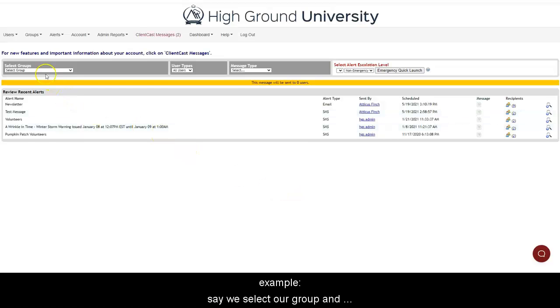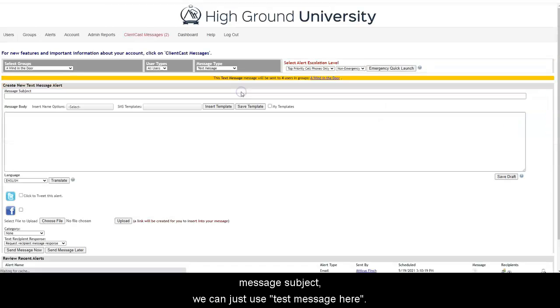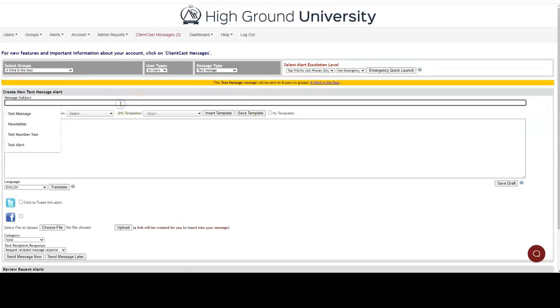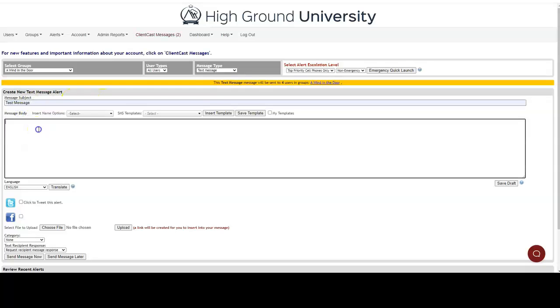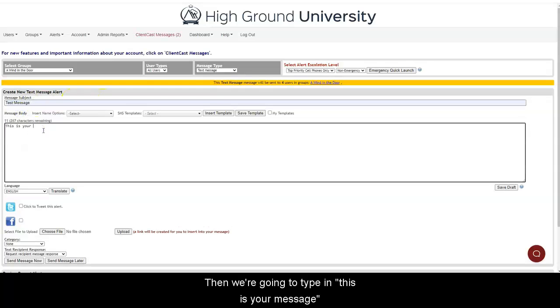Let me just show you an example. Say we select our group and we're going to send out a text message, and we've got our message subject. We can just use test message here. All right, and then we're going to type in, this is your message right here. Now, when your recipients receive this message, it's going to come from a short code that you're using through our service. So there's going to be that 5-digit number that shows up. And then immediately after that, if you select to use our text message header, it's going to look something like that. Or you could say something like your company name,